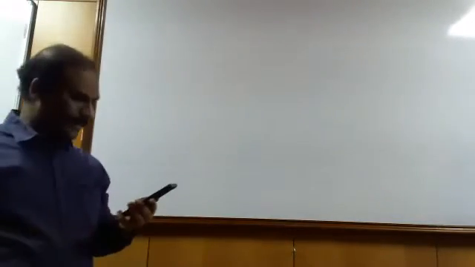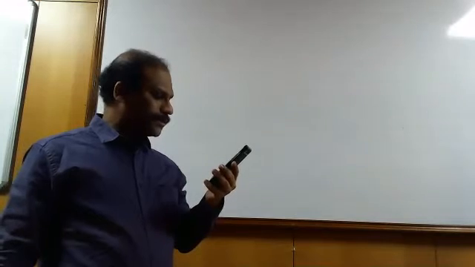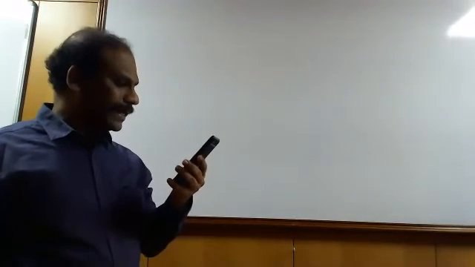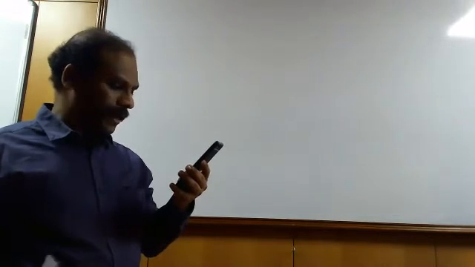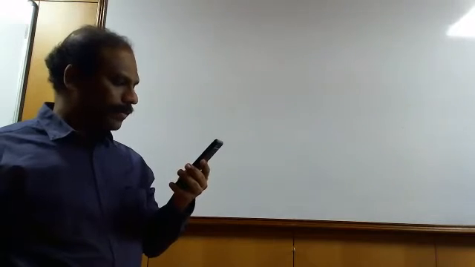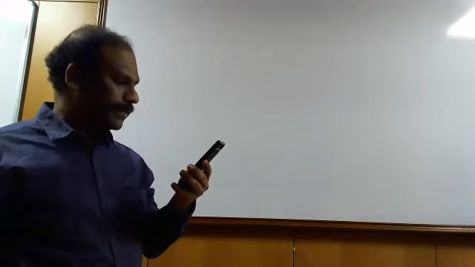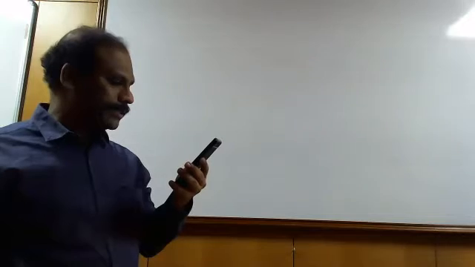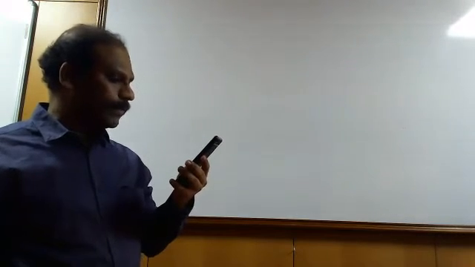So the third question goes like this. A dietitian wishes to mix two types of foods in such a way that vitamin contents of the mixture contain at least 8 units of vitamin A and 10 units of vitamin C. Food 1 contains 2 units per kg of vitamin A and 1 unit per kg of vitamin C. Food 2 contains 1 unit per kg of vitamin A and 2 units per kg of vitamin C. If cost rupees 50 per kg to purchase food 1 and rupees 70 per kg to purchase food 2. Formulate this problem as linear programming problem to minimize the cost of such a mixture.